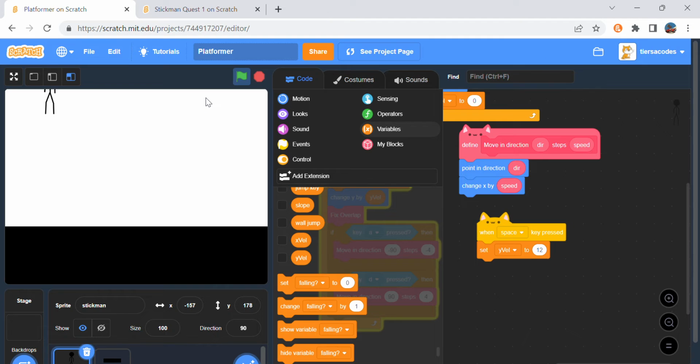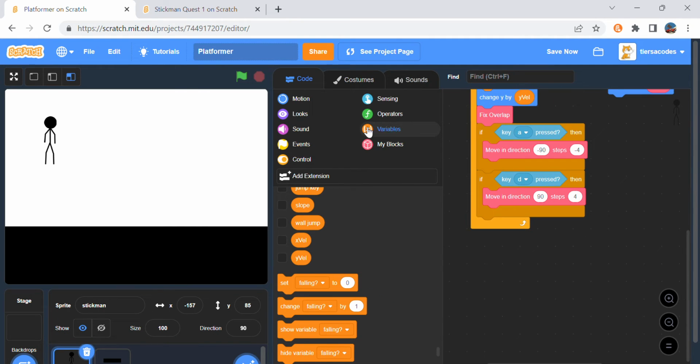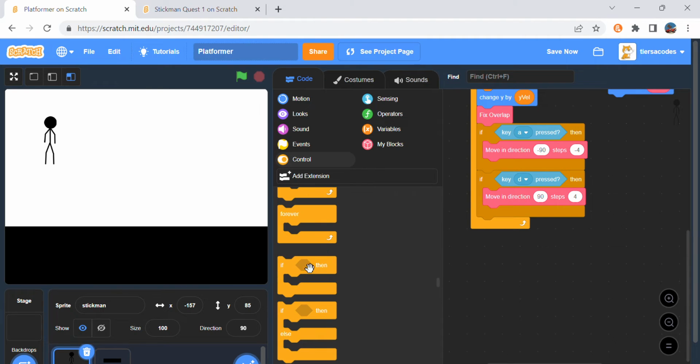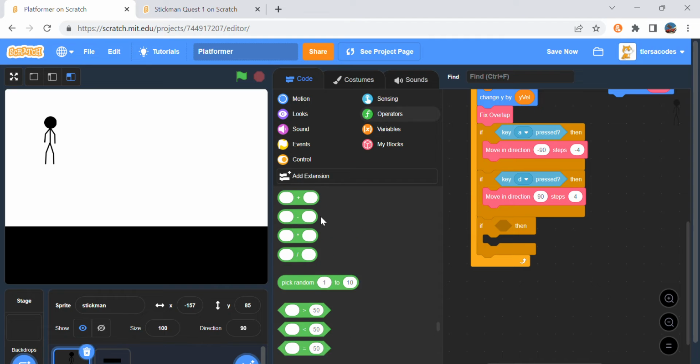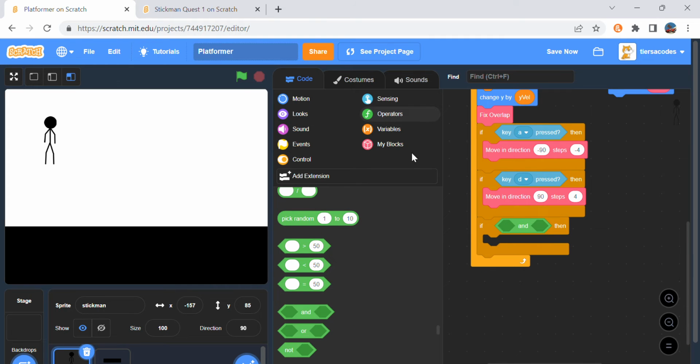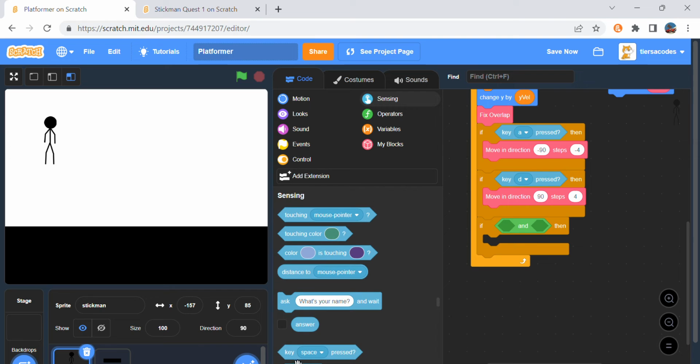Notice that you can just jump forever. Okay, so we're gonna fix this. Remove that script and then grab out an if key W is pressed and